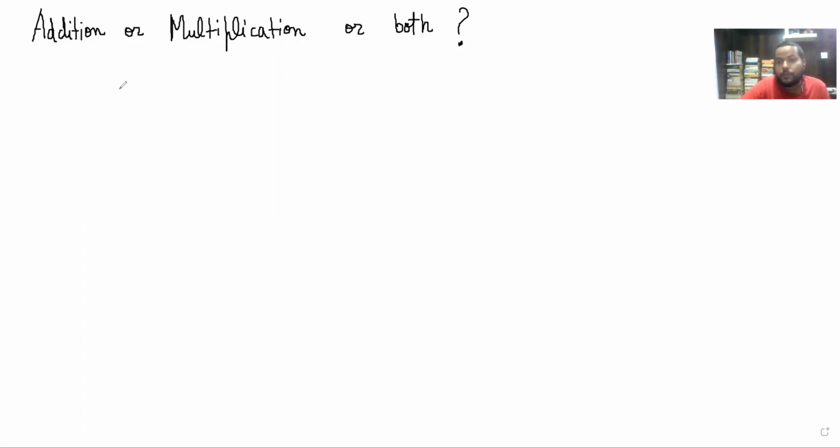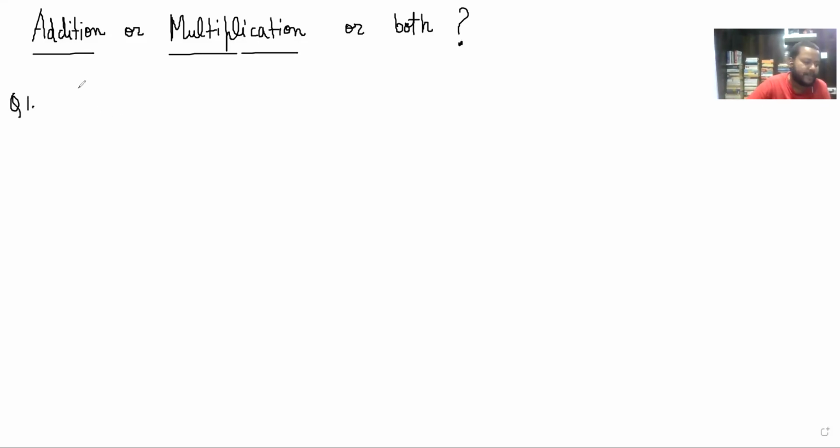We will continue from the concepts that we have learned so far on the addition, subtraction and multiplication principles. And what we'll do here is learn about when we apply what. When do we apply addition or multiplication, and when is it a combination of multiple principles? We'll see this through a few examples. So this will be a short video where we'll do a few examples, okay? So let's look at the questions.